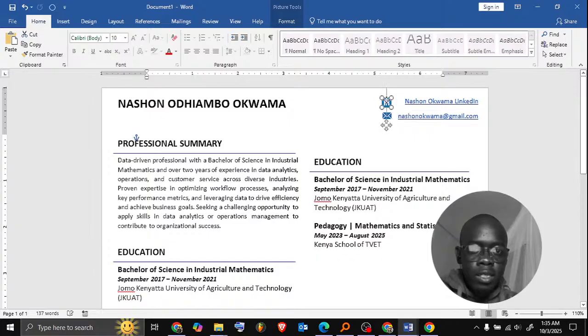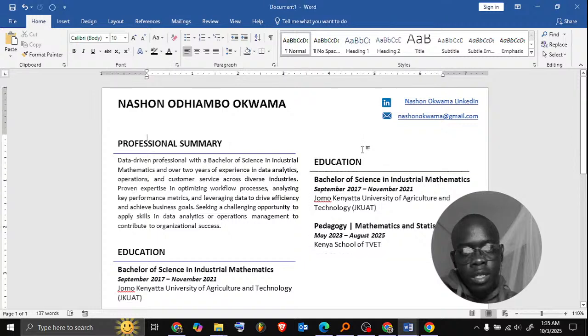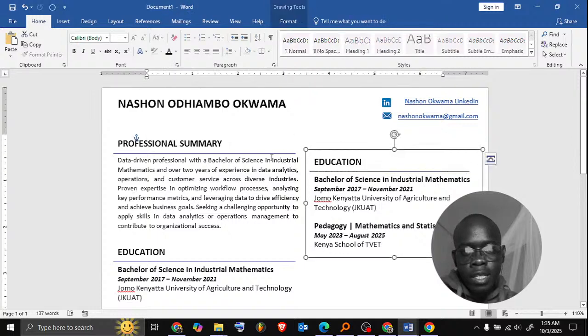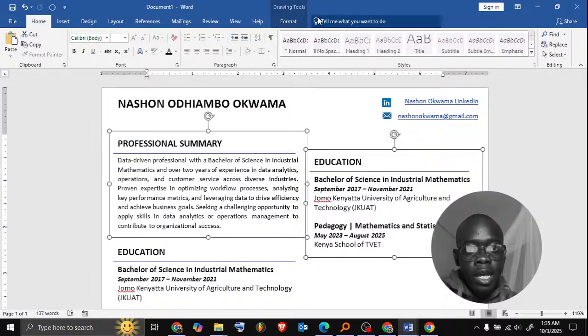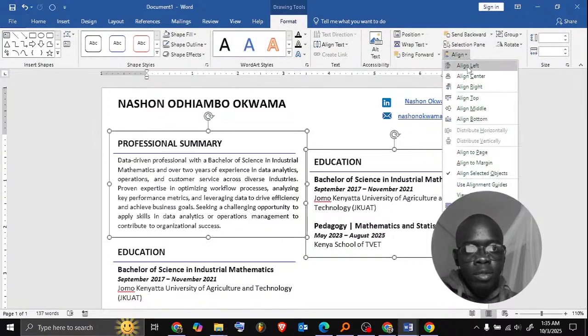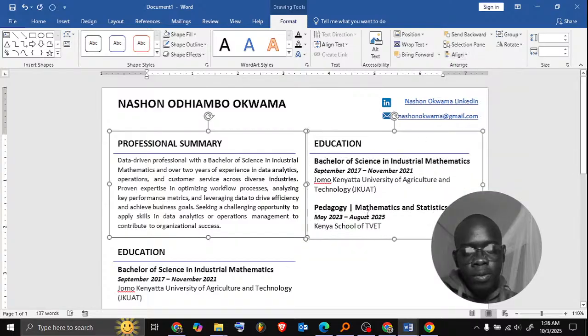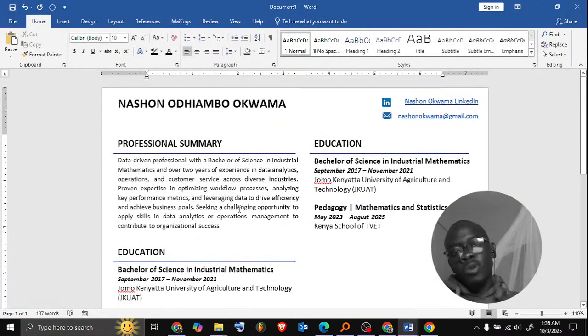Put this one like this. And then let me align these and these, these and these, on top like that. So what I'm trying to do is